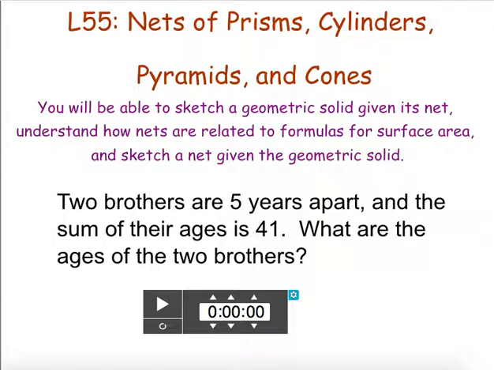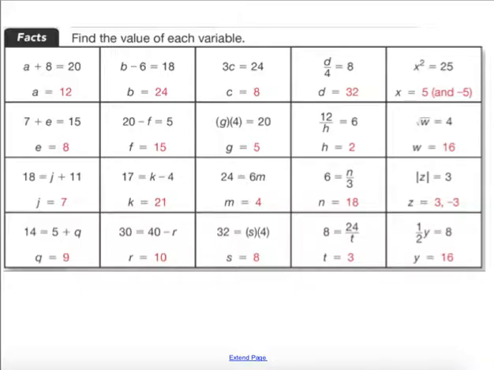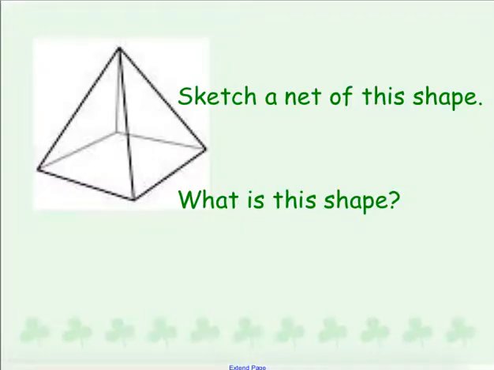Course 3, Lesson 55, we are looking at nets of prisms and cylinders, pyramids, and cones. So being able to go back and forth between the net of a solid and the solid itself. So, to start off, if we look at this shape, we have a rectangular prism, which means we are going